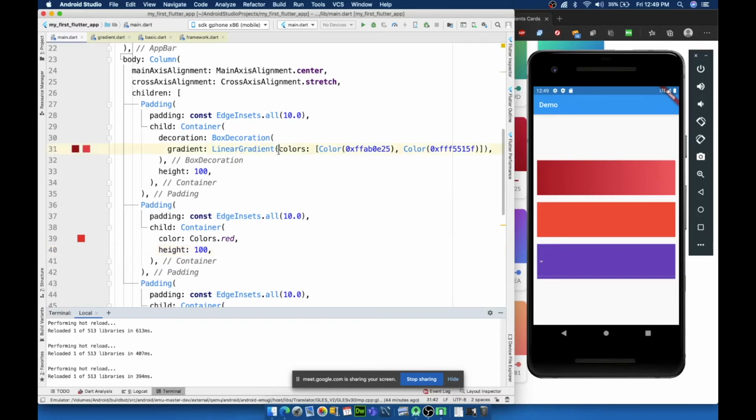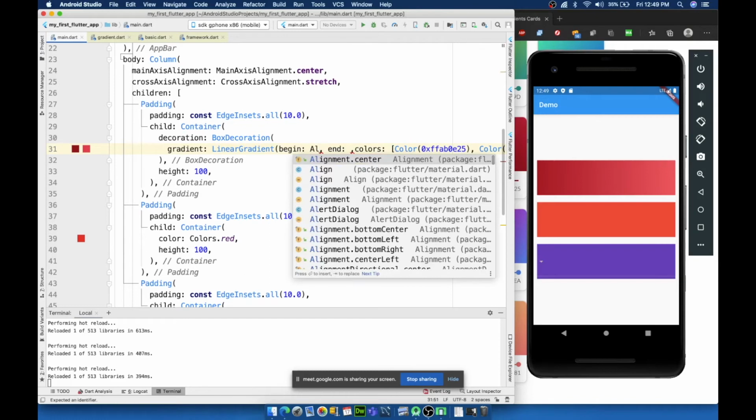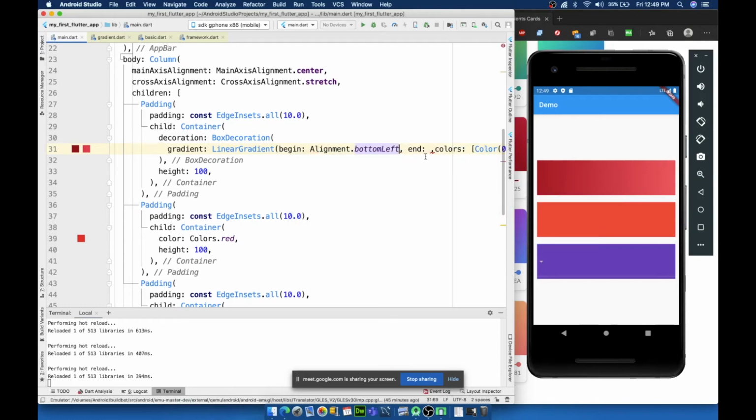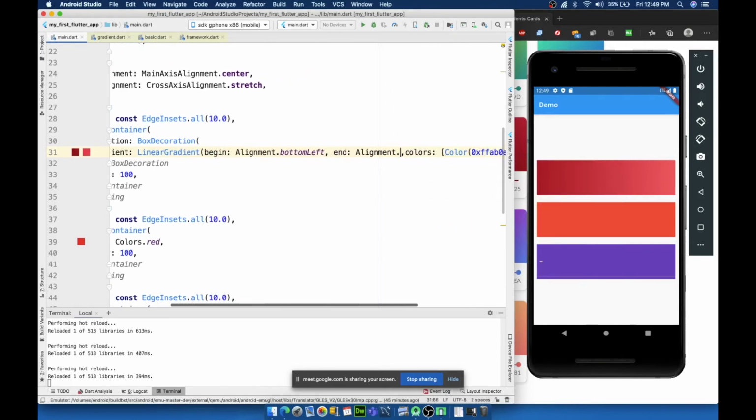And let me also show you how this begin and end work. So let's say I want to start from this point and end it over there. So what I can do is Alignment.bottomLeft to Alignment.topRight.